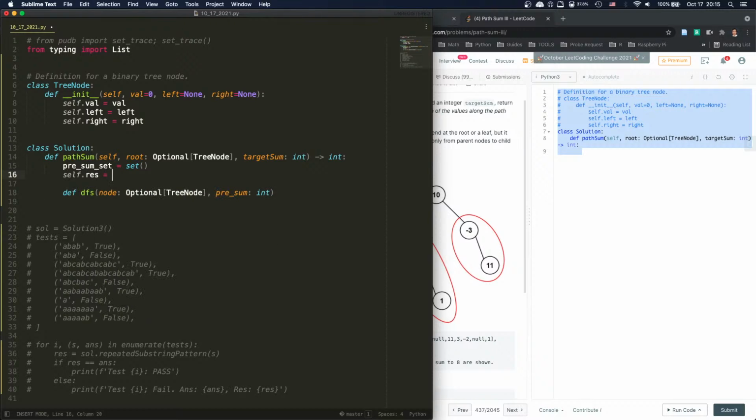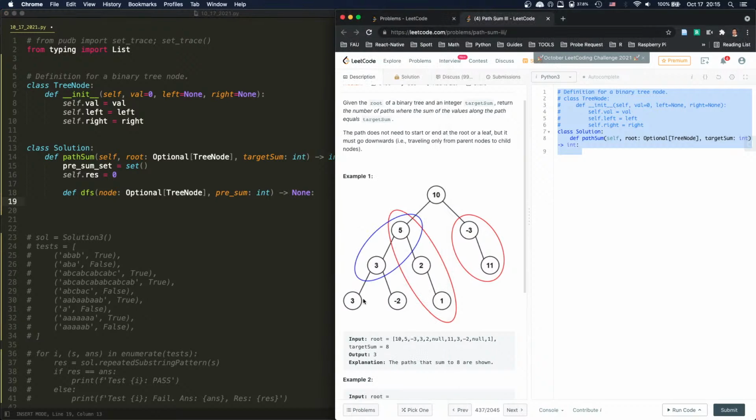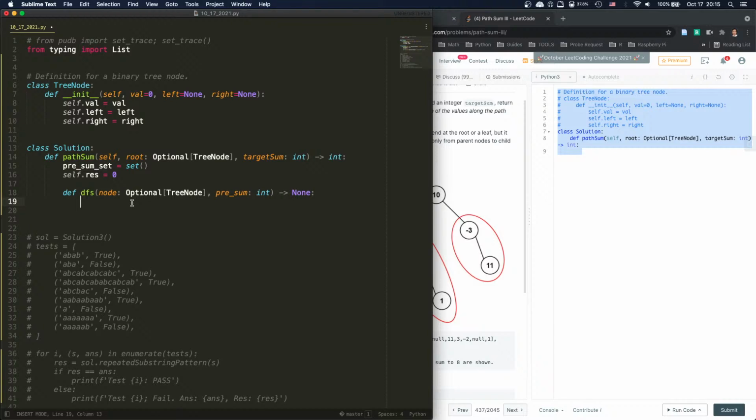Self.res equals 0. And this one not going to return anything. Alright, so actually, if node is empty, we just return. So if node,